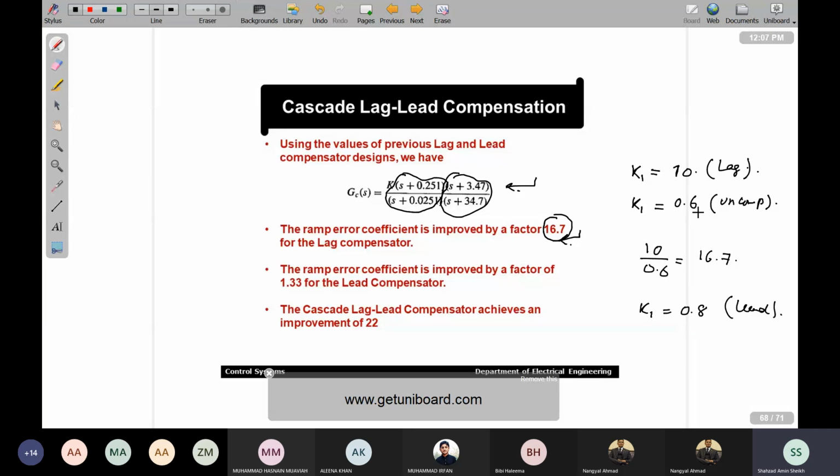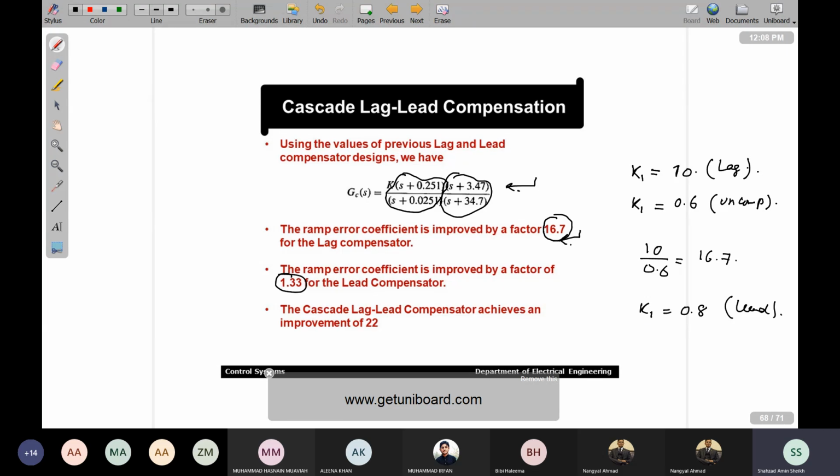So 0.8 divided by 0.6, that is 1.33. So these are the improvements. Both of these compensators independently they have got, but now we are cascading both of these compensators. As a result of that, we will get the improvement of 22 times when we will be cascading both of these compensators. So 16.7 into 1.33, that is 22